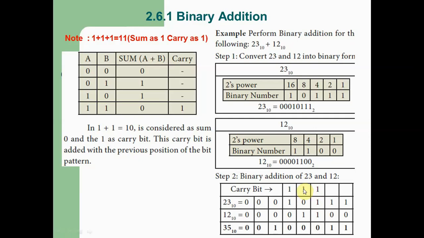Here we add 1 plus 0 is 1, 1 plus 1 is 1 0 with 1 carry. Then 1 plus 1 again gives 1 0, so 1 is the carry, and 0 plus 0 is 0. This 1 carry is missed here, so try to remove this error. Remove this one and put 1 here in your book. Then 1 plus 0 is 1, 1 plus 0 is 1, so there is no carry bit, and 0 plus 0 is 0, 0 plus 0 is 0. So here you want to make two corrections: one, remove this bit, and here put a new bit 1.